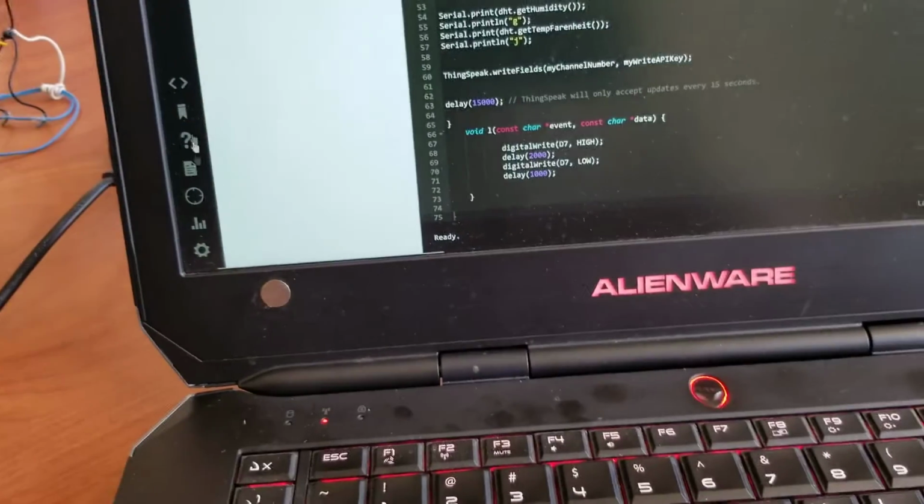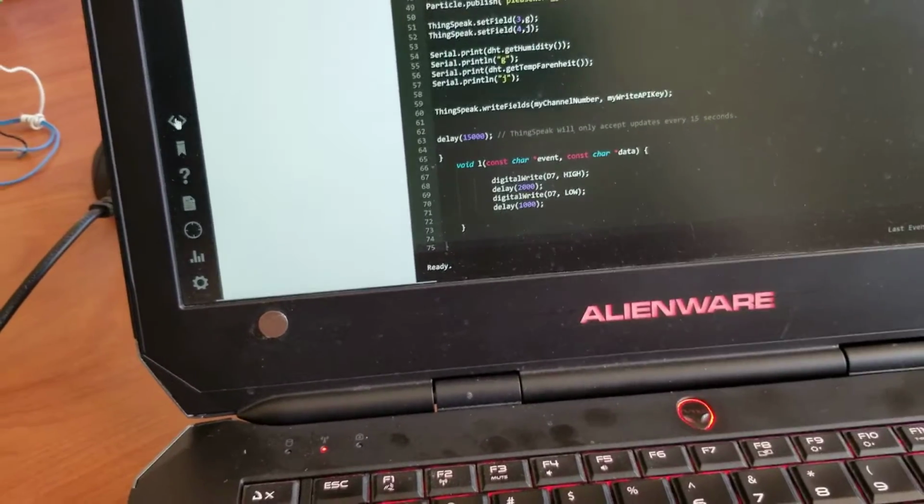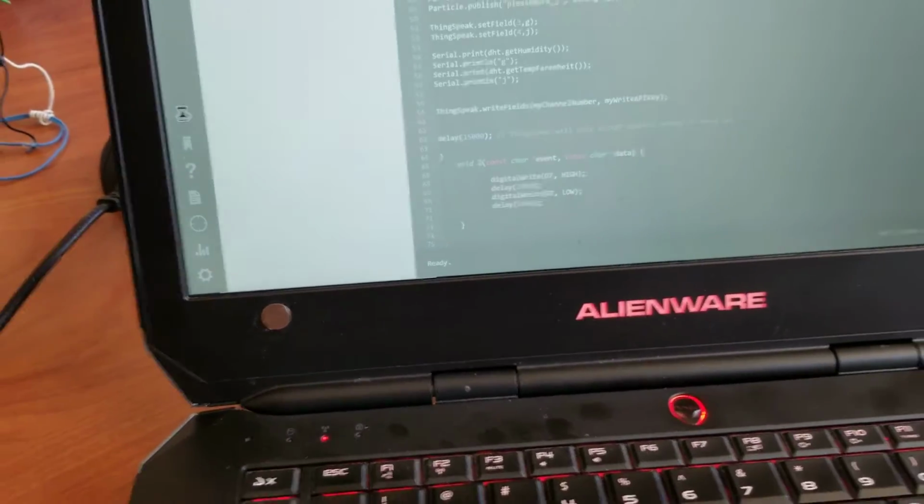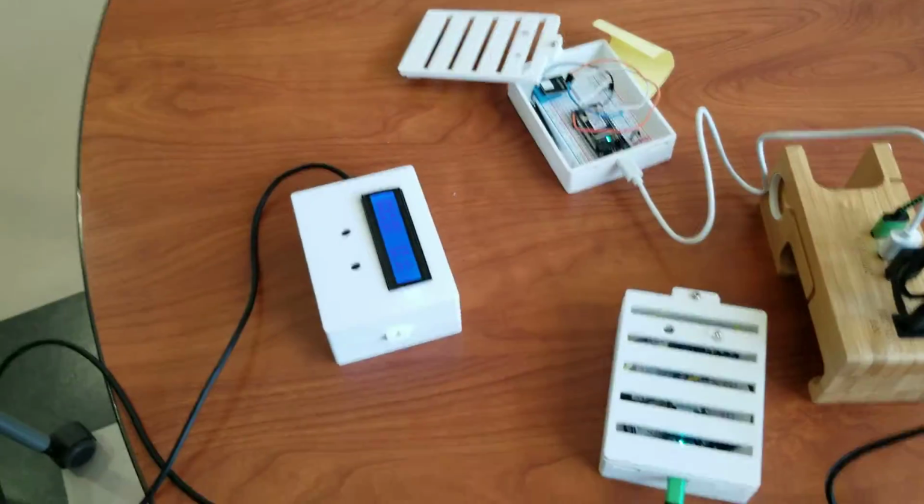On the other code, we will make sure that